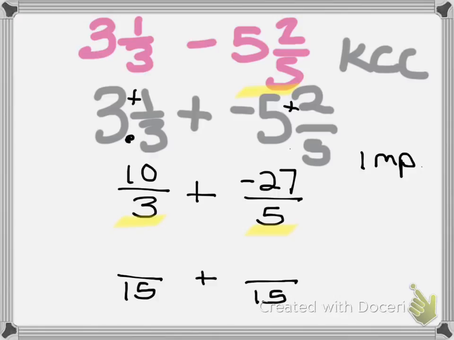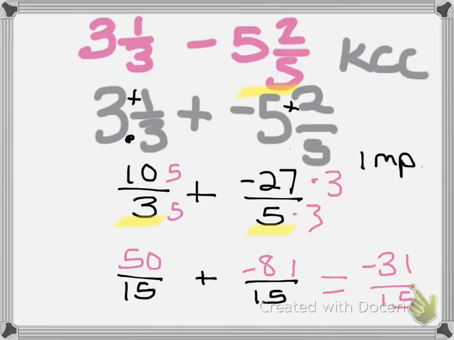And then what we want to do next is decide, okay, 3 times 5 gives you 15, so 10 times 5 is going to give me 50. 5 times 3 gave me the 15, so now we're going to look at our numerators. 27 times 3 is going to be negative 81. So now we can add these numbers. 50 plus a negative 81 is a negative 31/15. And then you can simplify or change that back. To simplify this, all you would do is change it back to a mixed number, which would be negative 2 and